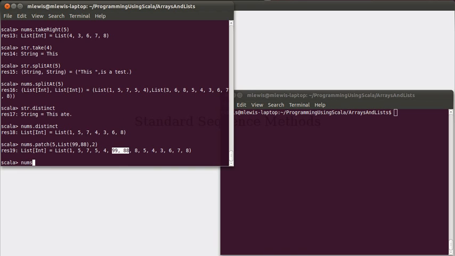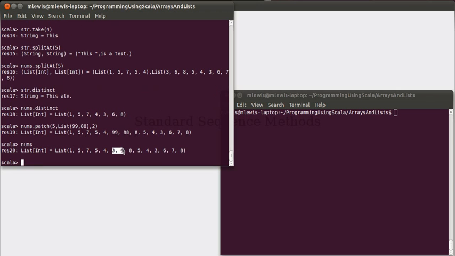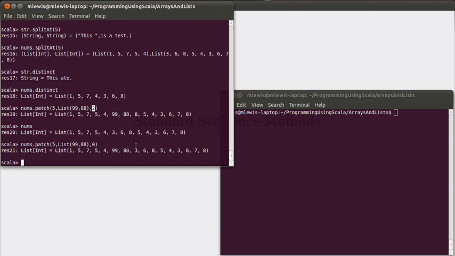So our original value, nums, had 3 and 6 in the indexes 5 and 6. This patch put in a 99 and an 88, and it used them to replace 2 elements, which is how many I had here. If I just wanted to make a longer list that still had the 3 and the 6, I could do this. It's worth repeating: nums, being a list, is immutable. That original nums is still completely intact. None of these operations that I'm doing are altering it in any way. They're giving me back